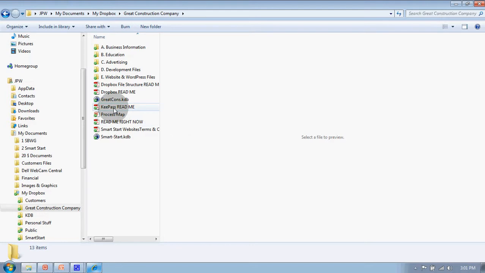But they're designed for you to read. These are here for your benefit. And a couple other important things to note in this folder